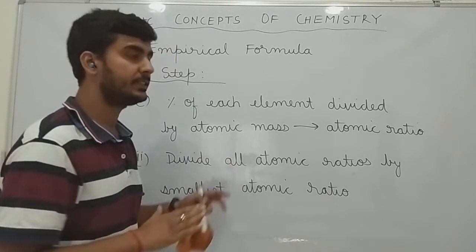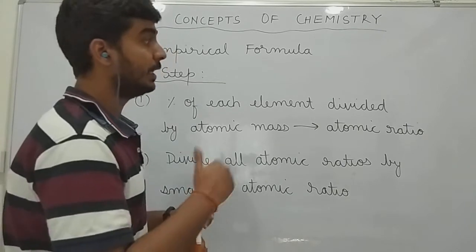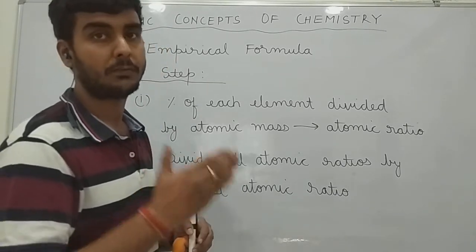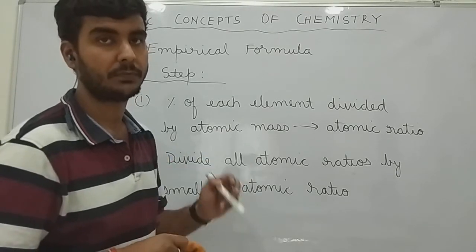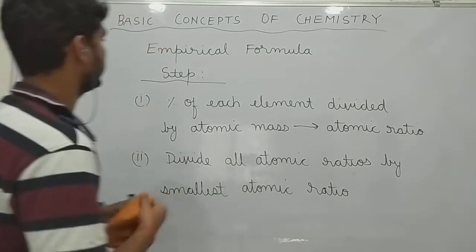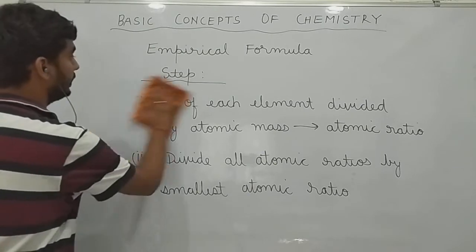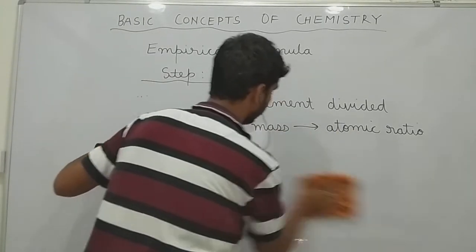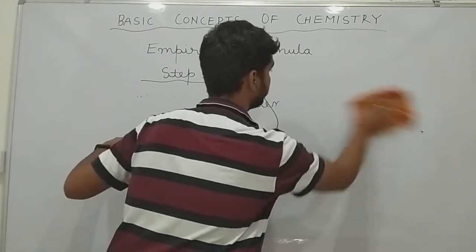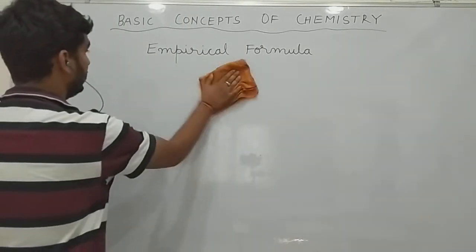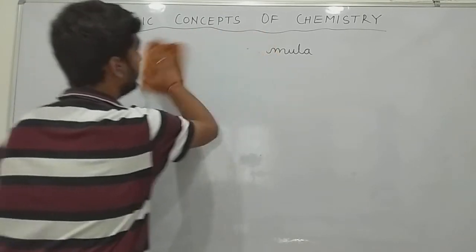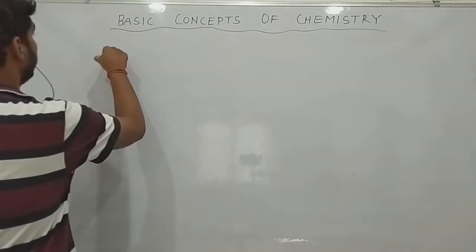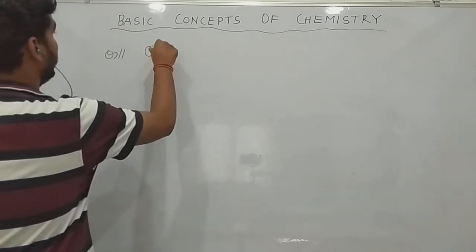So these are some of the steps we will be following to obtain the empirical formula from the percentage composition of a compound. So let us solve one question, and then we'll be clear about these steps. Let me rub this also. So the question says, calculate